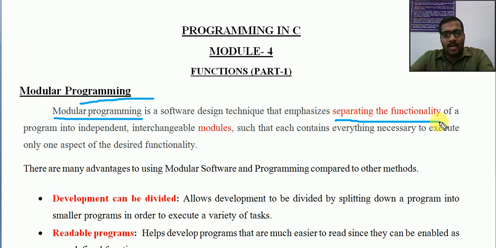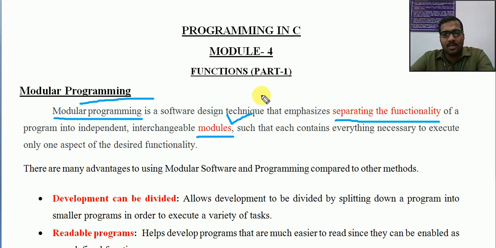In a large program there will be different functionalities, so if we divide those functionalities into different groups, we can have separate access to them. These functionalities can be called modules in modular programming. According to the desired functionality, each module can be written. That is the major concept behind the usage of modular programming.